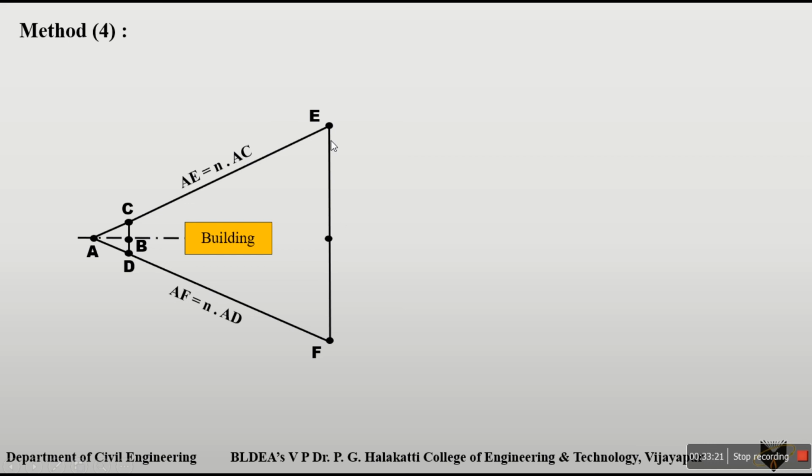Then you have to find the midpoint of that line. That point is G. We are fixing this G point such that EG is equal to n times BC, the distance BC multiplied by the n considered here. Clear? Then similarly extend this AC line or AE line to a convenient length.